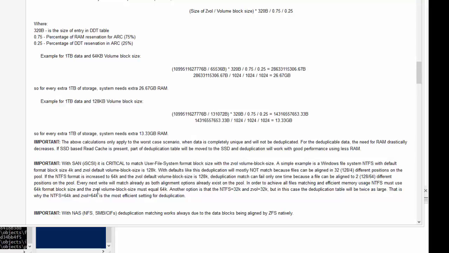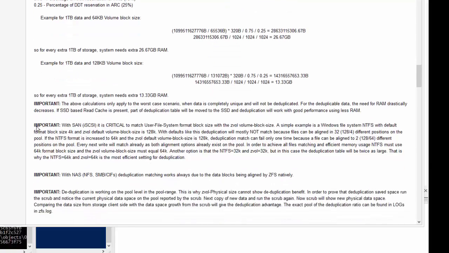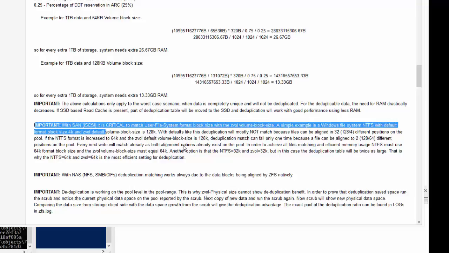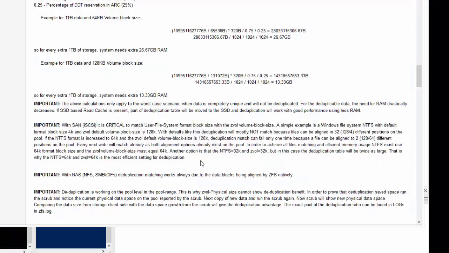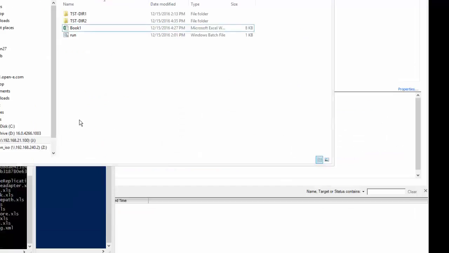So we have added this information that in case of using iSCSI and, for example, Windows NTFS, the best option will be using a 64K format on NTFS, and the iSCSI block 64K as well. In case of iSCSI, you can define the block size.